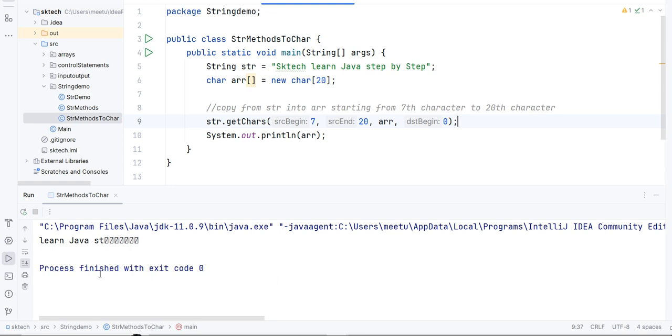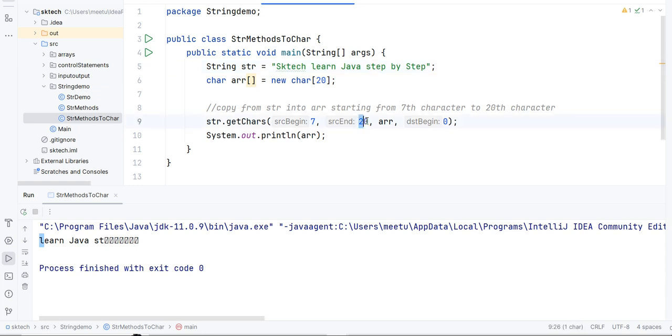Yes, what it is printing here is "learn Java st", and then some random values. What is happening is, if you count to character 7: 0 1 2 3 4 5 6 and 7, it starts from L, that's why it starts from L here. Then 8 9 10 11 12 13 14 15 16 17 18 and 19.